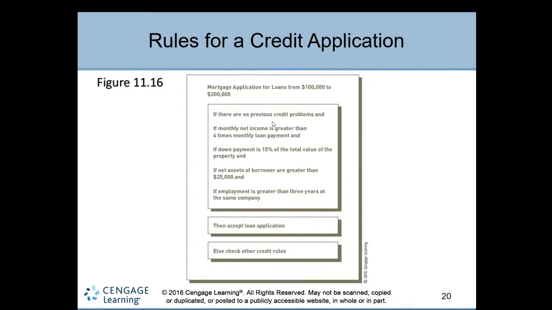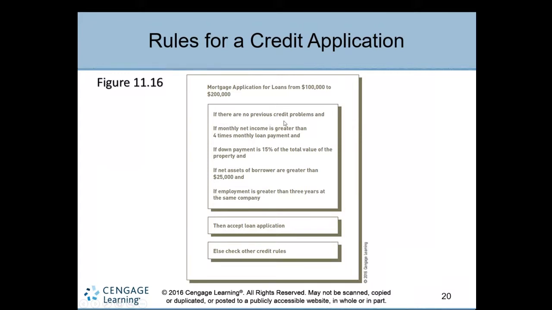For example, take the rules of a credit application. Suppose a person wants to apply for a loan in a bank or any company, for a mortgage, meaning buying a product or a home, for $100,000 to $200,000. When you approach them, how does this expert system work? First it checks everything. If you observe here, the rules are nothing but if-then, like a query.